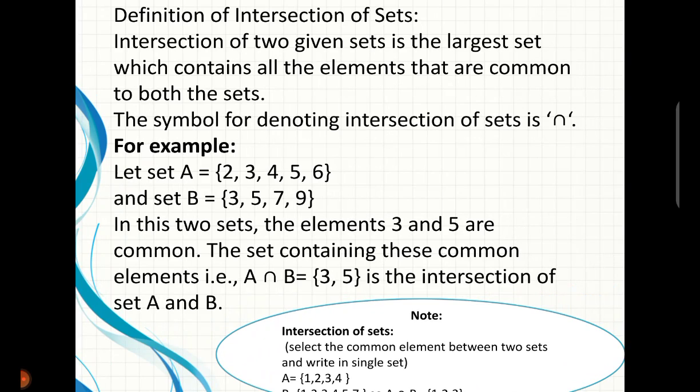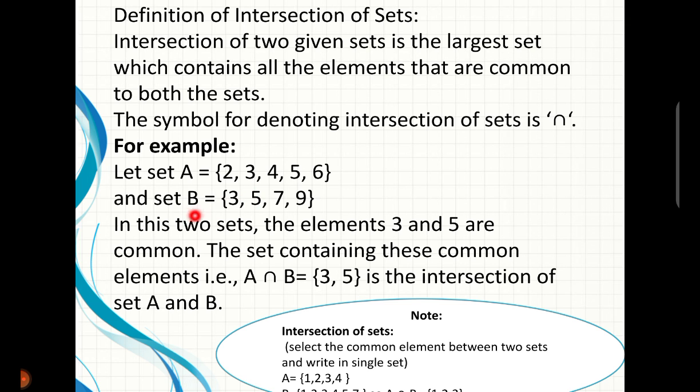What is the meaning of intersection of sets? As we have discussed in the union of sets, you have to join all the common and uncommon elements, and if any term is repeating, you write it only one time. But here in the intersection, it is totally opposite. First of all, you have to remember the sign of the intersection, which is represented in this way. And second, in the intersection you have to consider only the common elements contained in set A